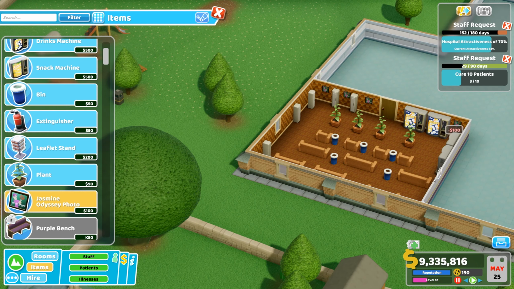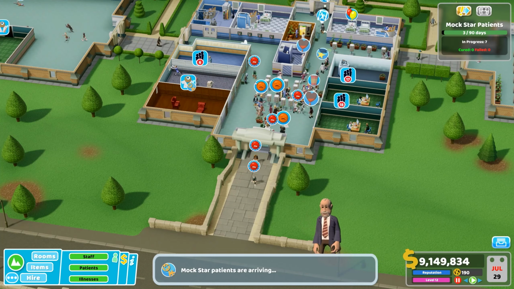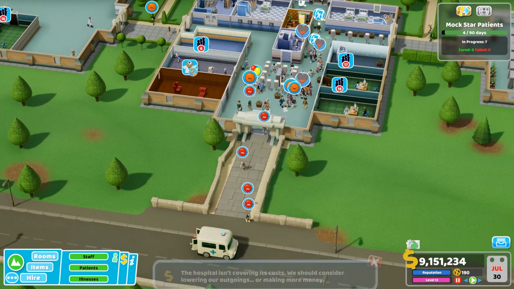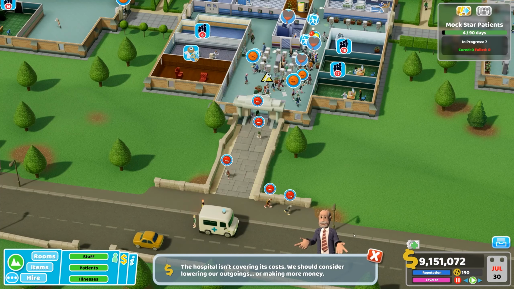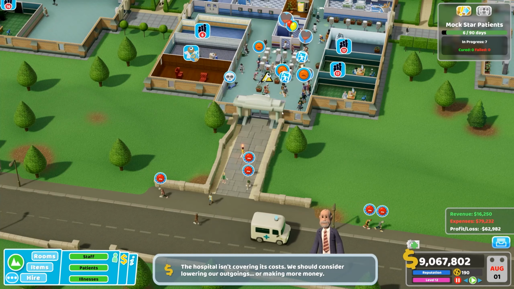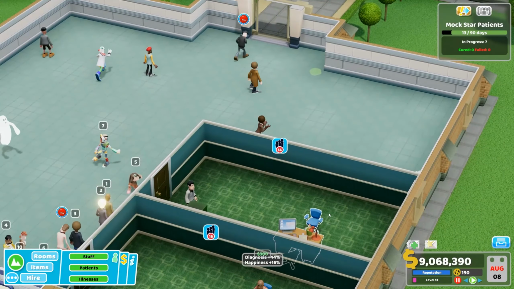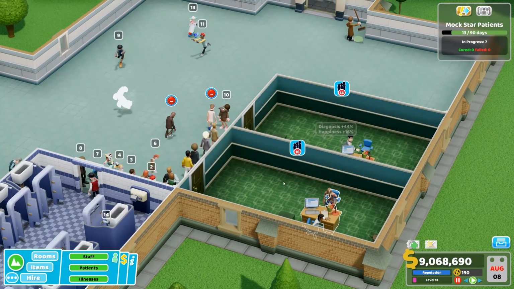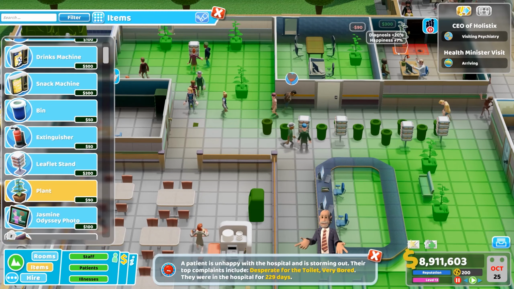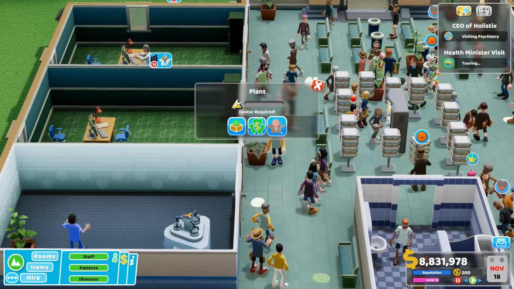Now, let's have a little tour of how things are going in the rest of the hospital. We have a mock star epidemic, which has many people with mock star coming in, whilst at least 5 different people leave because they're angry. There are several ghosts floating around the place, and there are, I would say, an average of 18 people at each GP room. I made a futile attempt to improve the surroundings with some plants which promptly died,